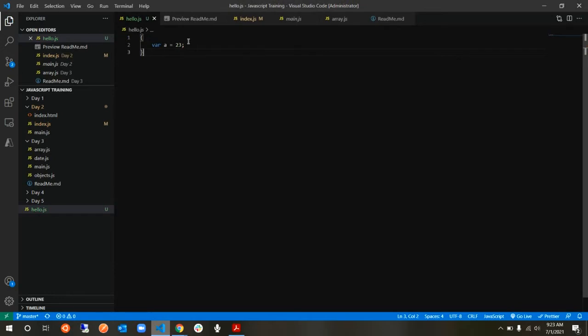Now you cannot add this kind of code in your code, right? Like you cannot simply add flower brackets and then mention something like this. Generally you won't do that. So when do these flower brackets come in? These flower brackets come in with certain conditions. For example, if you are writing an if statement, you will get flower brackets. If you are doing a for statement, you will get flower brackets.